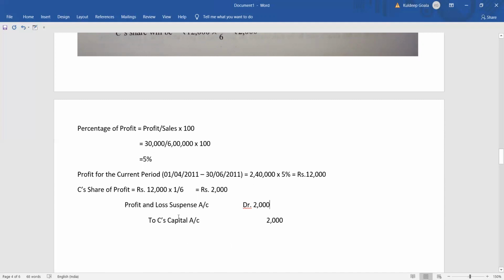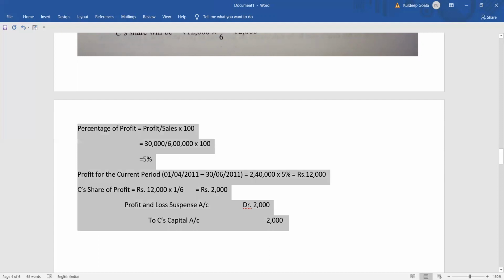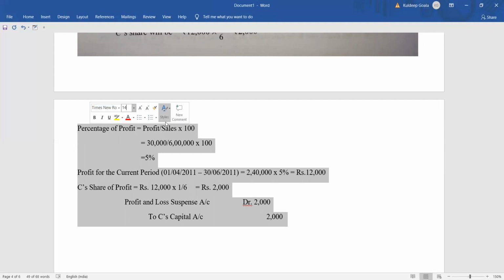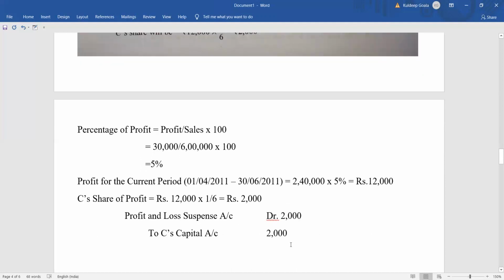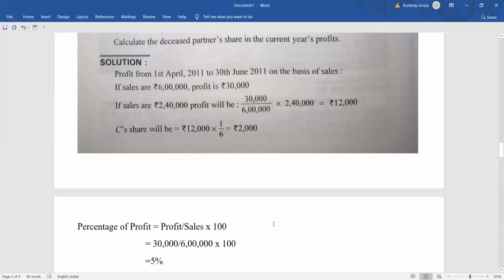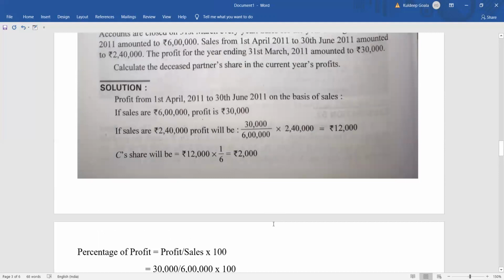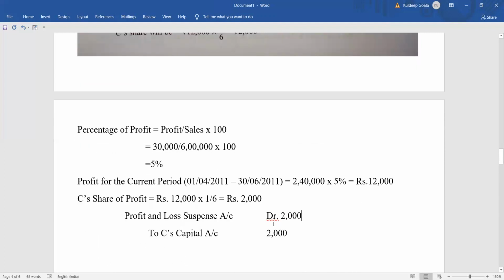Okay. So this is how you're going to solve the sum. You can follow the method that has been given in the book also. Okay. There's no problem in that. You can follow either method. Both of the methods are correct and clear. This also you can follow, if you want, or this also you can follow.